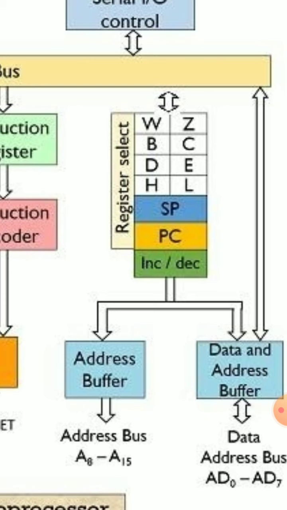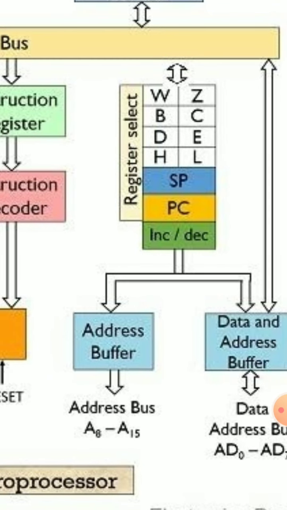And also I told you, only through the accumulator can we store data to memory and read data from memory, right? And also one more option, that is the HL pair. Through the HL pair we have two instructions, that is LHLD and SHLD. I explained those in the videos on 16-bit addition and 16-bit subtraction using 8085, so you can refer to those videos. With SHLD and LHLD, you can directly load data to the HL pair and directly store data from the HL pair to memory. So that is possible by using the HL pair.